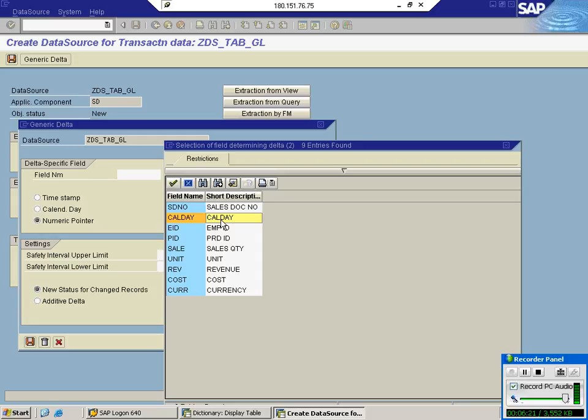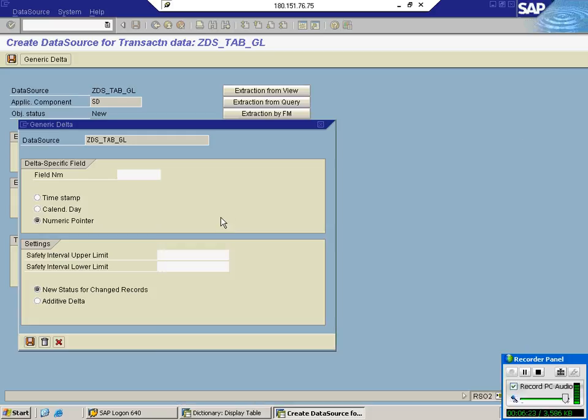So I'm going by calendar day, and it is not related to timestamp or numeric pointer. It is related to calendar day. Getting my point? So what is it asking? It is asking for a safety interval.